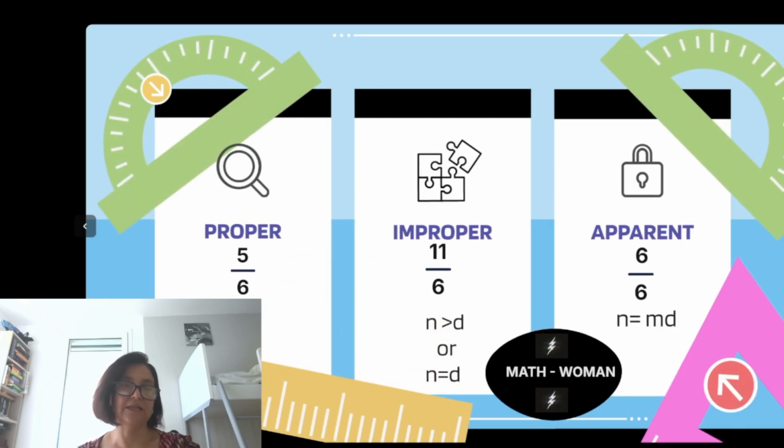A little bit of classification. We have two kinds of fraction. The ones which are worth less than 1, the proper fractions, in which the numerator is smaller than the denominator, and all the others, in which the numerator equals the denominator or is even bigger. In this set of